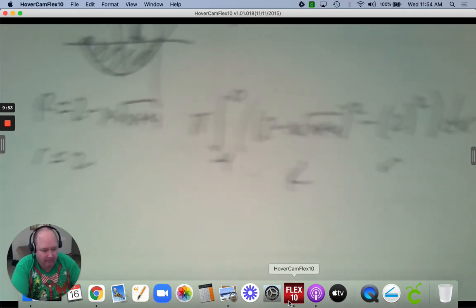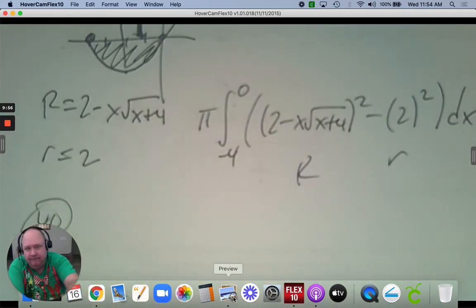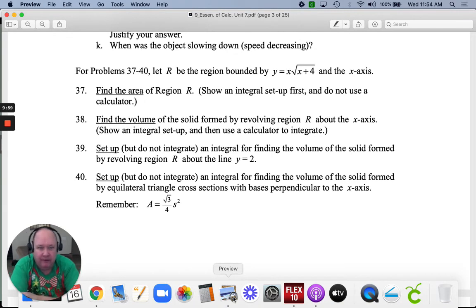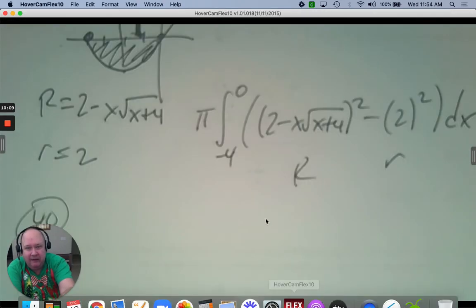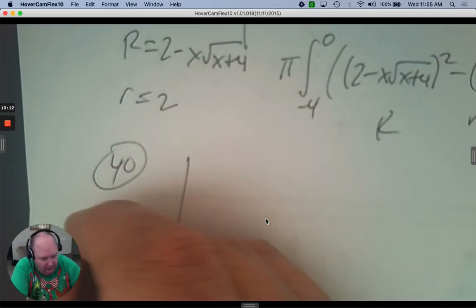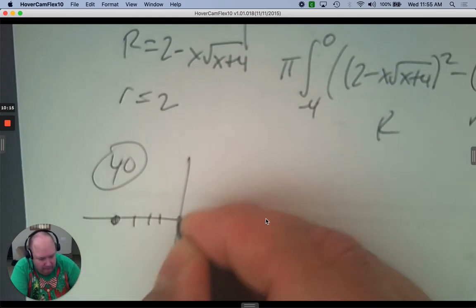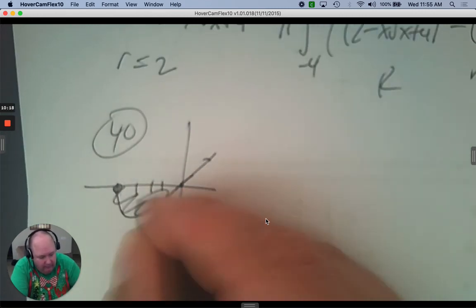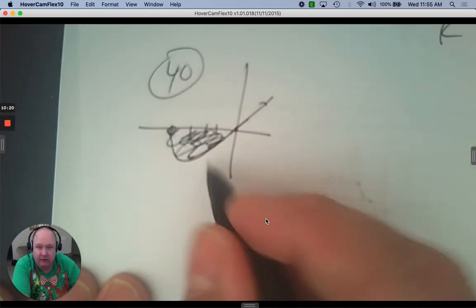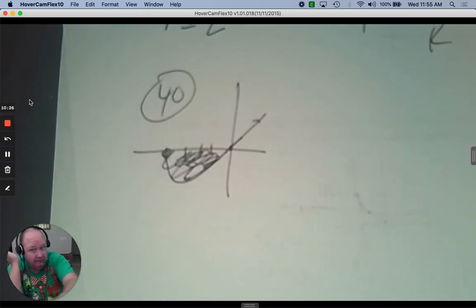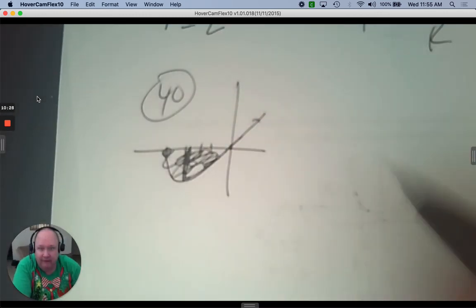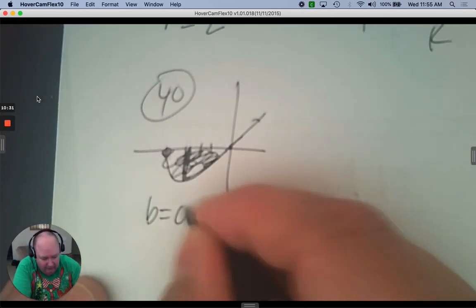All right, last one, number 40. So set up an integral to find the volume of the solid formed by equilateral triangles, cross sections. And you should have that formula memorized, but there it is, root 3 over 4 s squared, perpendicular to the x-axis. So for this one, again, if I draw a picture of it, so this region that's bounded here, create equilateral triangles to form a volume of a solid. So for the base of that equilateral triangle, again, it's top, subtract bottom,